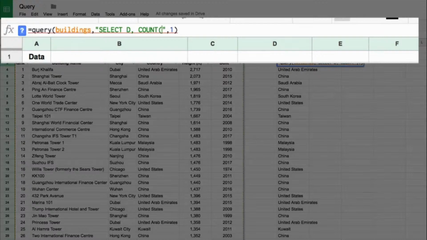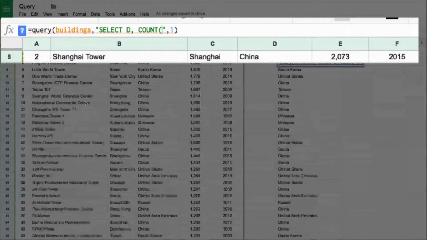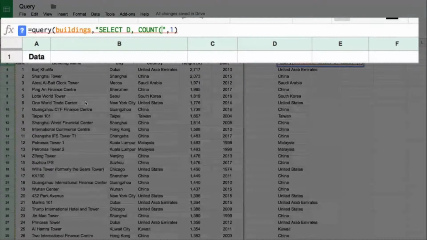Then I want to count. And it really doesn't matter necessarily which column I'm going to choose here. I'm just going to choose one of the other columns, provided it doesn't have any gaps in it. So let's just choose column B here, and it's going to count the building names. Like I said, it doesn't actually matter which column; it's just going to count the column for me. And so it's going to select the country, and then it's going to count how many things are in this